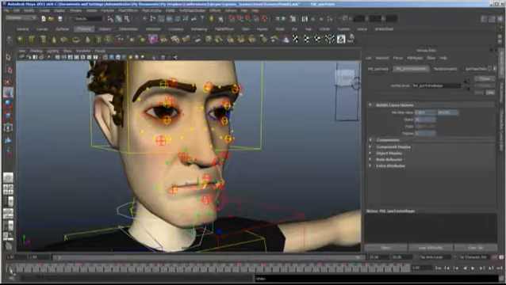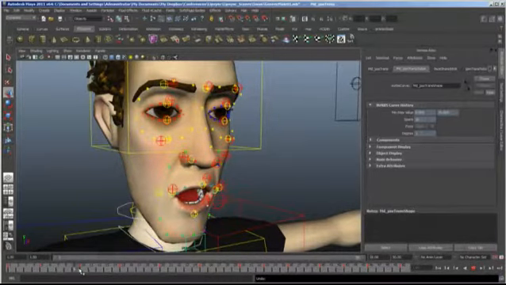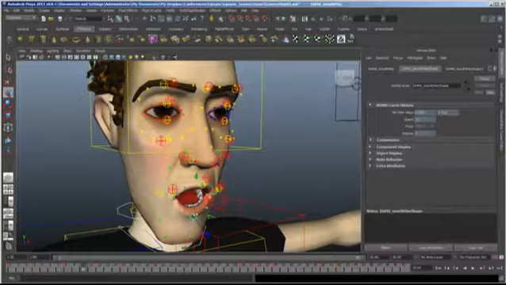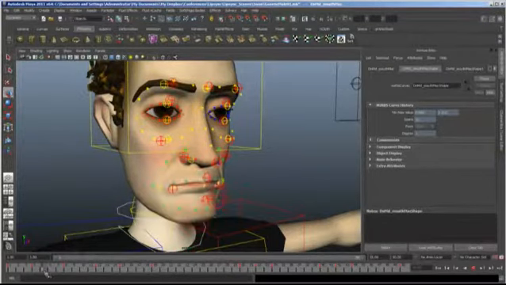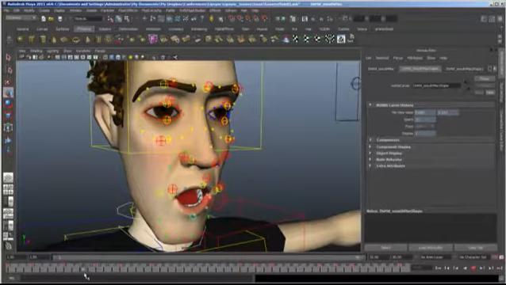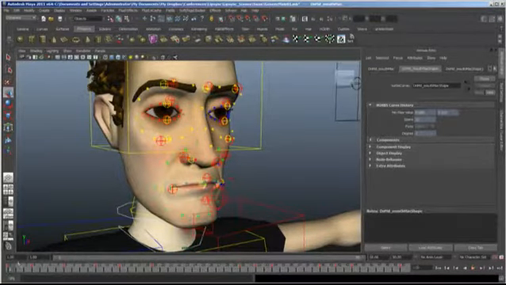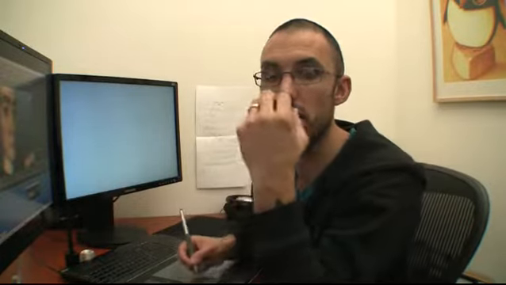So the first one, I keyed the jaw in anticipation a little bit, and then it drops. I grabbed the control on the lip itself, and I animated it to drop with the jaw. As you can see by how much teeth is showing, it pretty much sticks with the jaw. It doesn't by default. This character actually does have a little bit of what we used to call on Kong